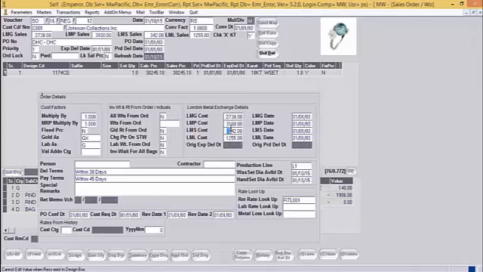Next is LMG cost, LMP cost, LMS cost and LML cost and their respective dates. The logic to pick the LMG cost is the same as the LMG sales, which has already been explained previously. The only difference here is that the value is picked up from the field cost rate of the Z self record.